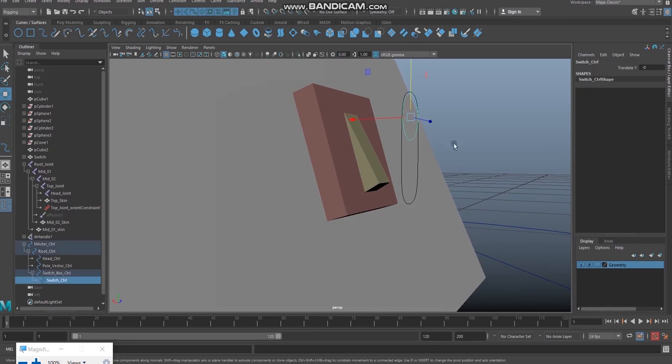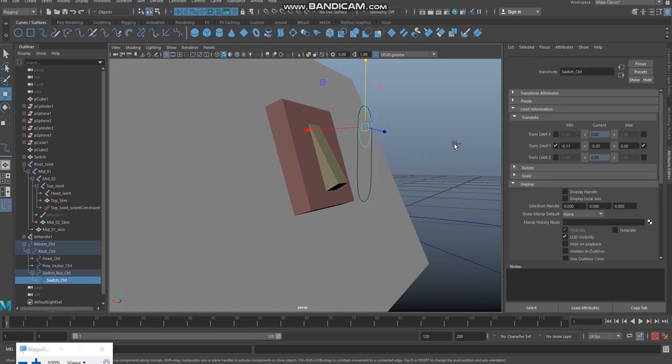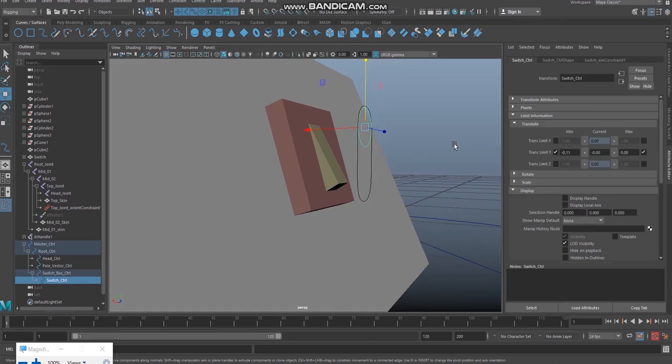So for this, again I should work with the controller curve's limitations. I'm selecting the controller curve and opening the attribute editor. There you can see limit information. Right under that, translate, we have given the zeroth value of 0.11 or something.